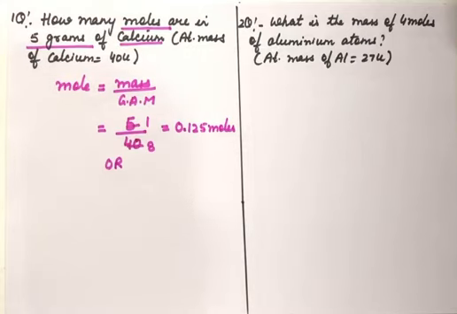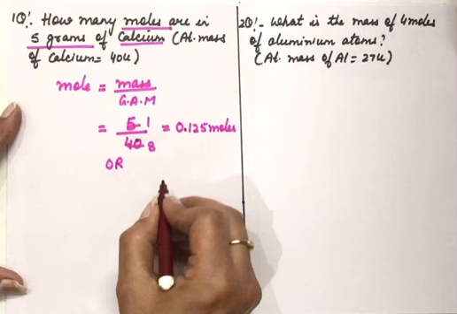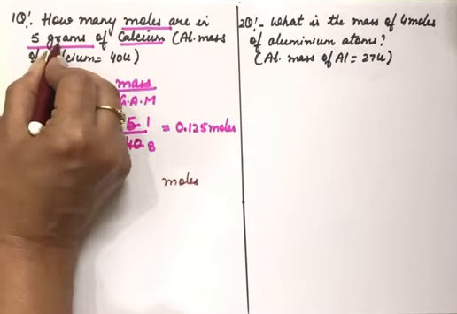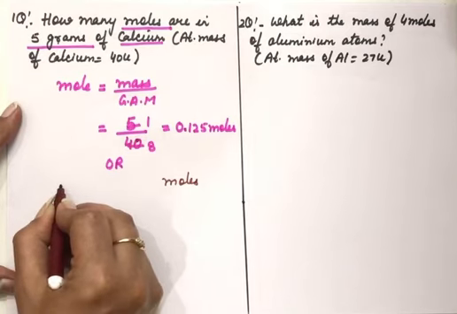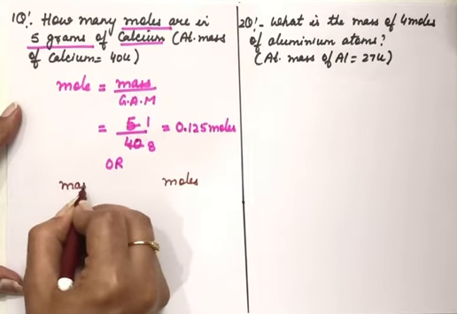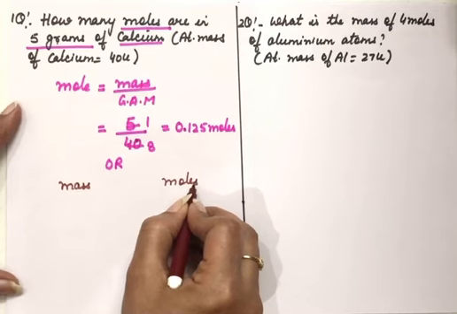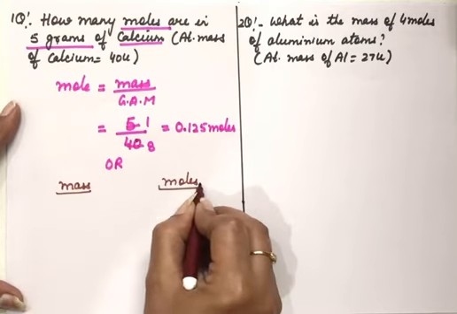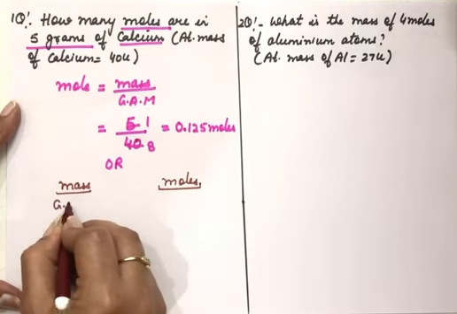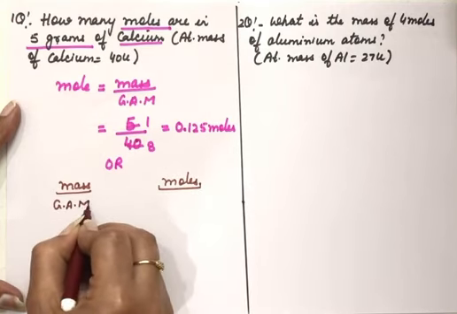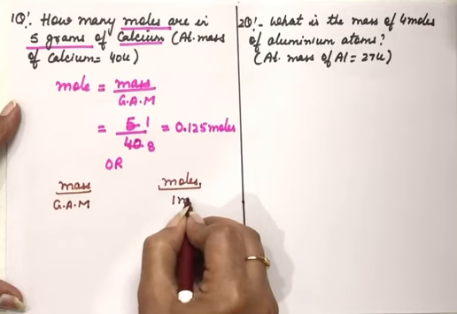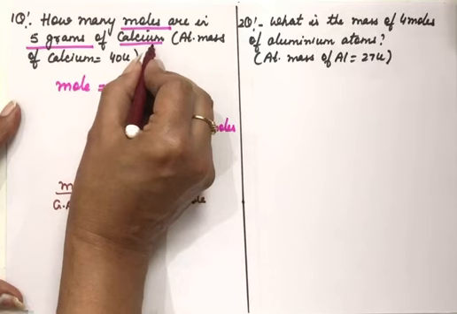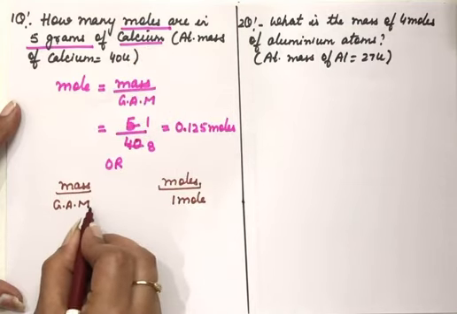So using the formula we have solved this question, but now I'm solving this question using the unitary method also. In the unitary method, the thing that we have to calculate, we keep on the right hand side, and the thing that is given, we keep on the left hand side. So what is given? Mass is given and moles we have to find out. Now we know in the mole concept which mass is equal to how many moles. Since this is an element, we know gram atomic mass of an element is always equal to 1 mole. This we already know. So we are talking about which element? Calcium.